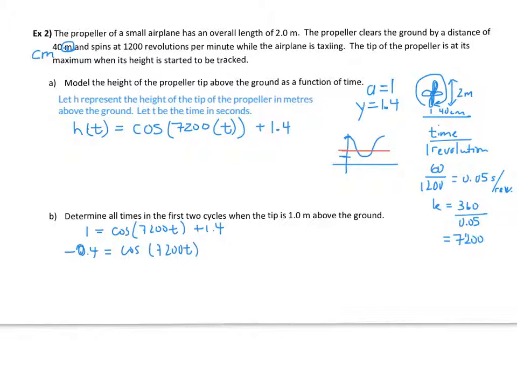So I'm going to do inverse function cos of negative 0.4, and I get 113.58. This is just time, so I'm going to keep all those digits in my calculator, and then I'm going to divide that by 7,200 to get t by itself, and t is equal to